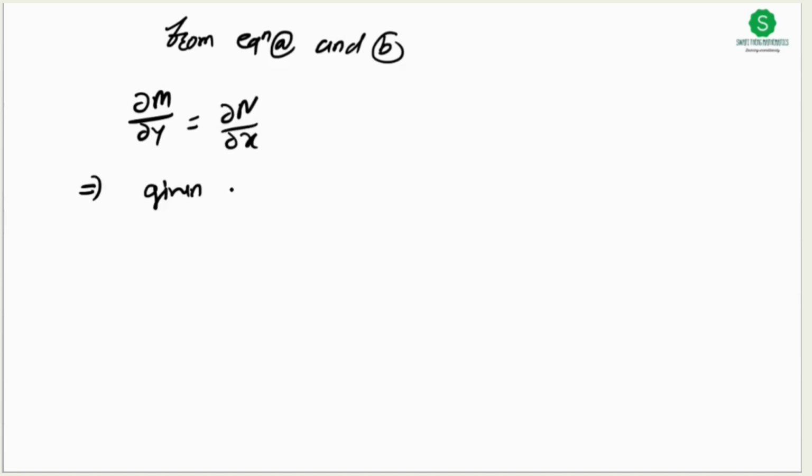So from equations A and B, it is clear that del m by del y is equal to del n by del x. The differential equation is exact. So therefore, the solution of an exact differential equation